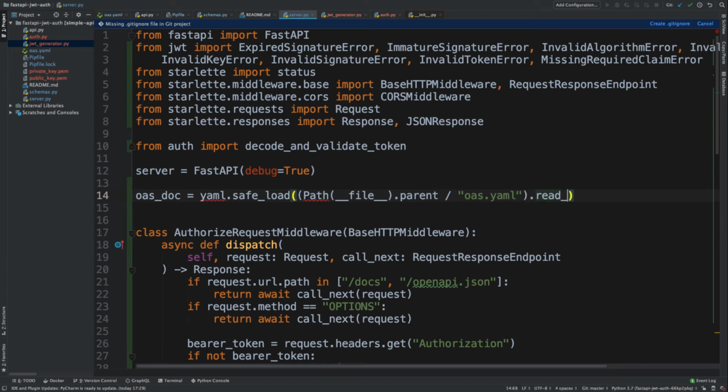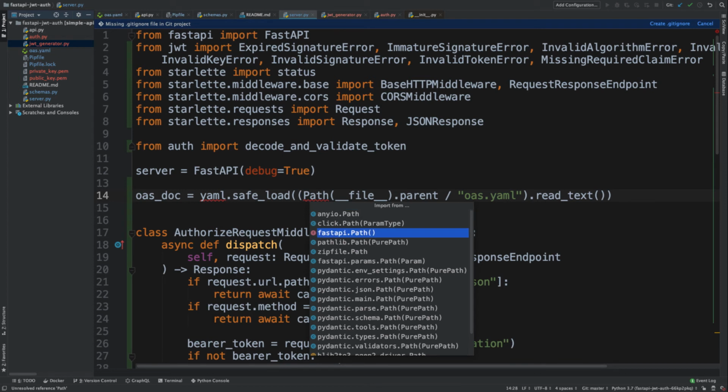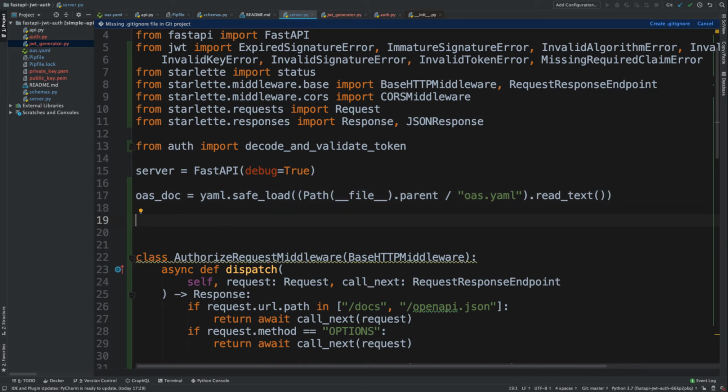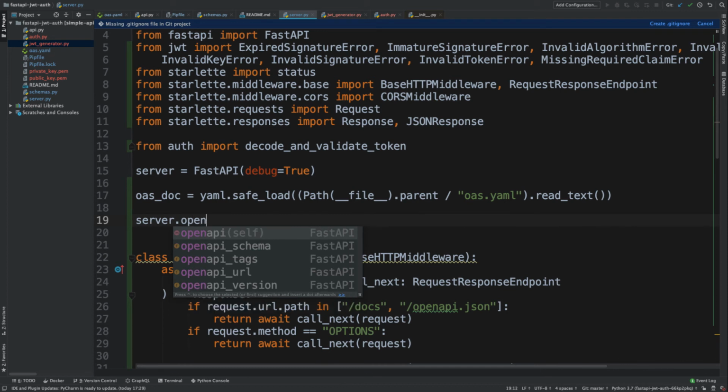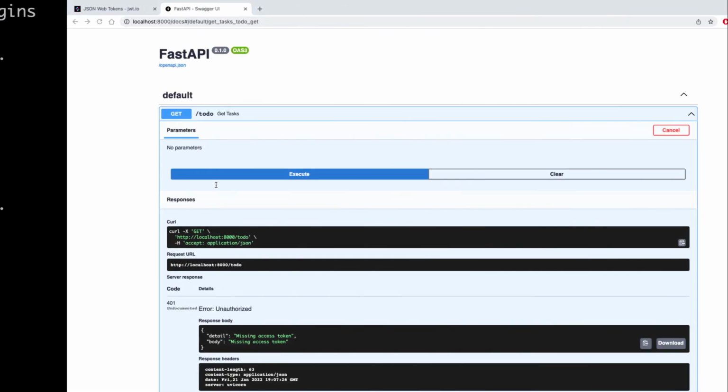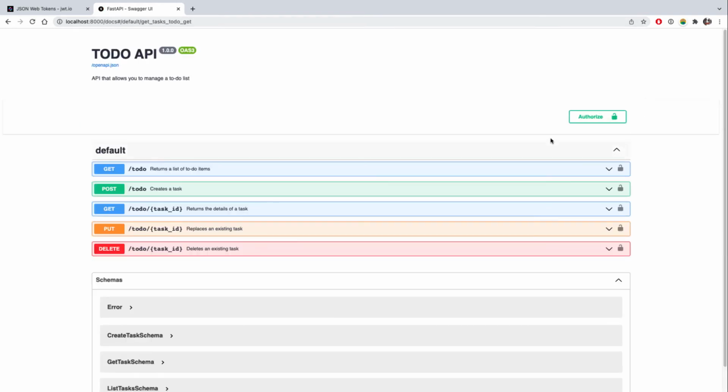We're gonna read the text, we import path, and we also import YAML. So we read the text of the specification and we pass it to the YAML loader so that we can parse it and turn it into a Python object. And the next thing we're going to do is we say server OpenAPI equals lambda OAS doc. And that's all it takes to overwrite the default mechanism in FastAPI for generating OpenAPI documentation. If we reload this page now, there is an authorize button here that we can use to inject tokens into